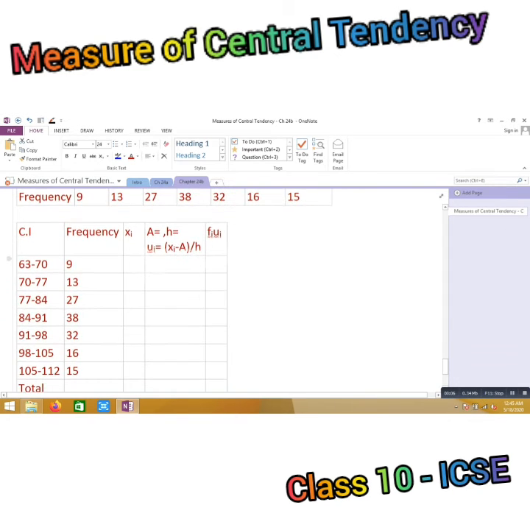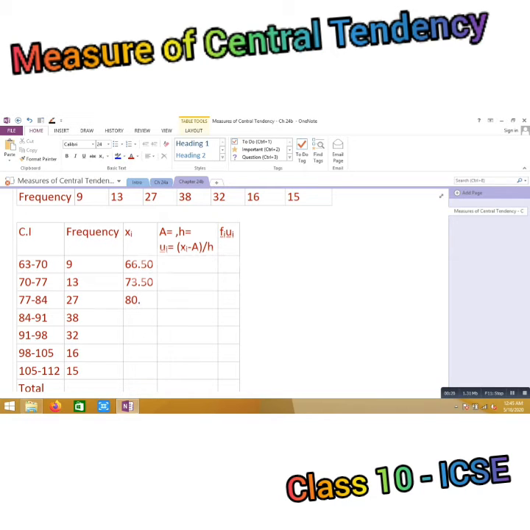Next, question 4, find the mean by step deviation. Again we'll find the mid value here, 66.5. Between 77 and 70 it's 73.5, 80.5. Between 84 and 91 it's 87.5, 94.50, 101.50,